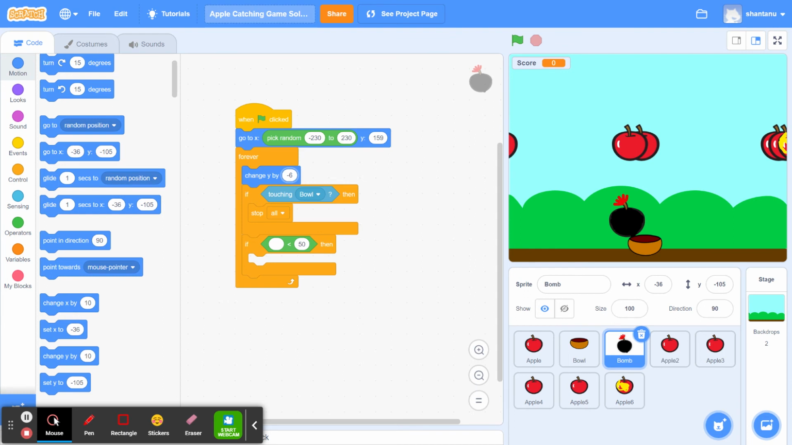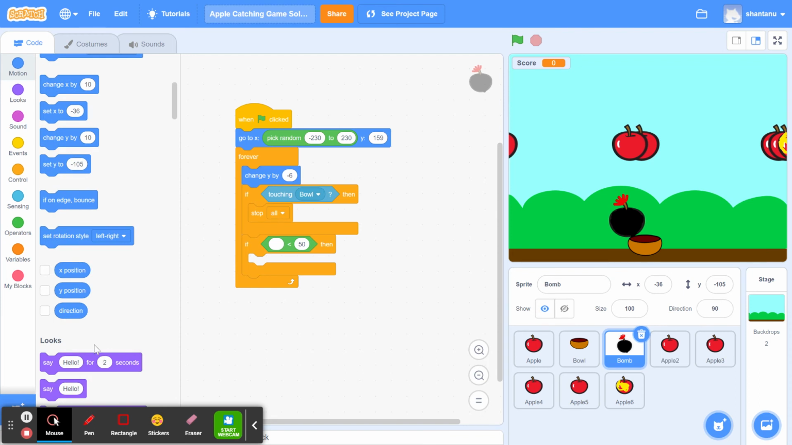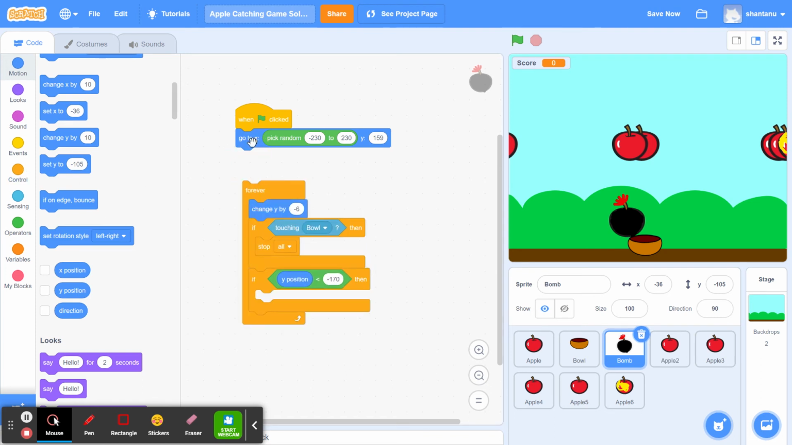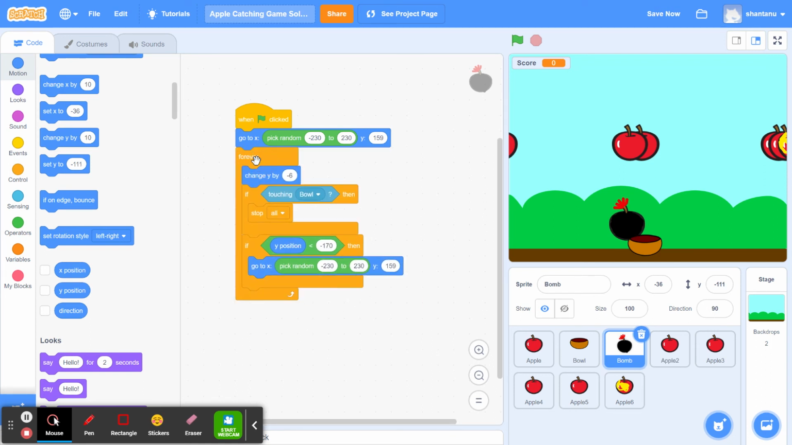So next we're going to, oh right, over here. So again, we're gonna take its y pause, remember? And it should, if it's less than 170, then